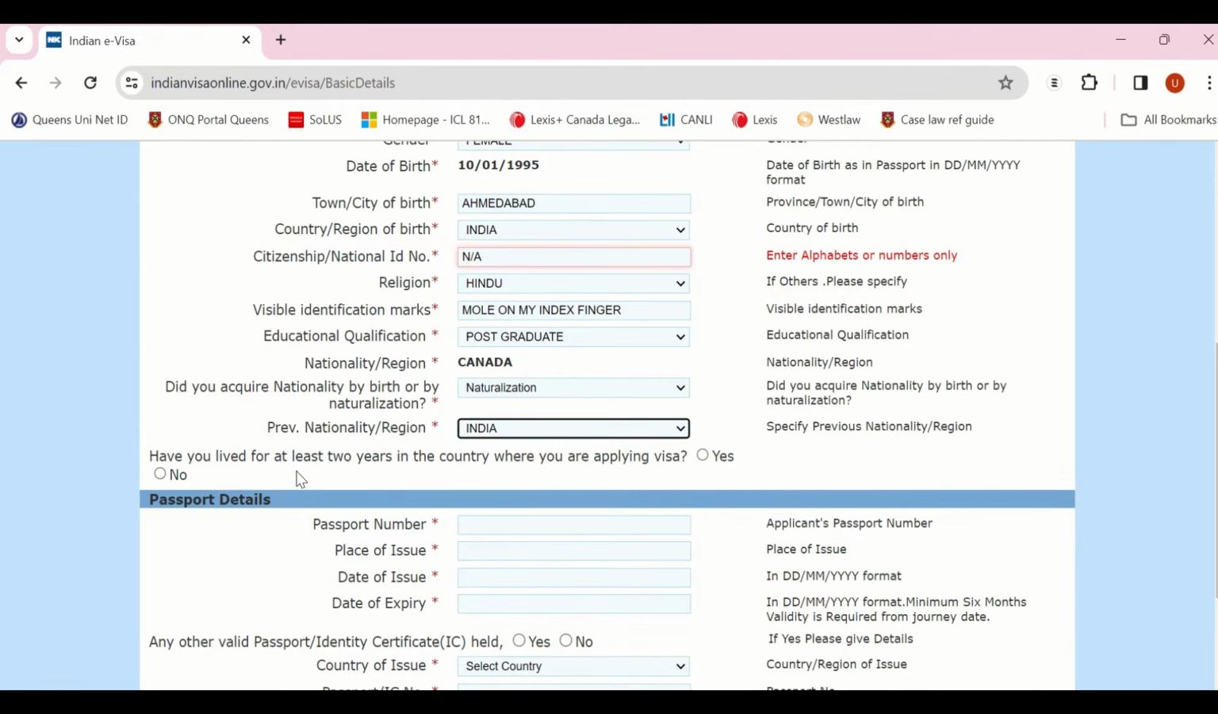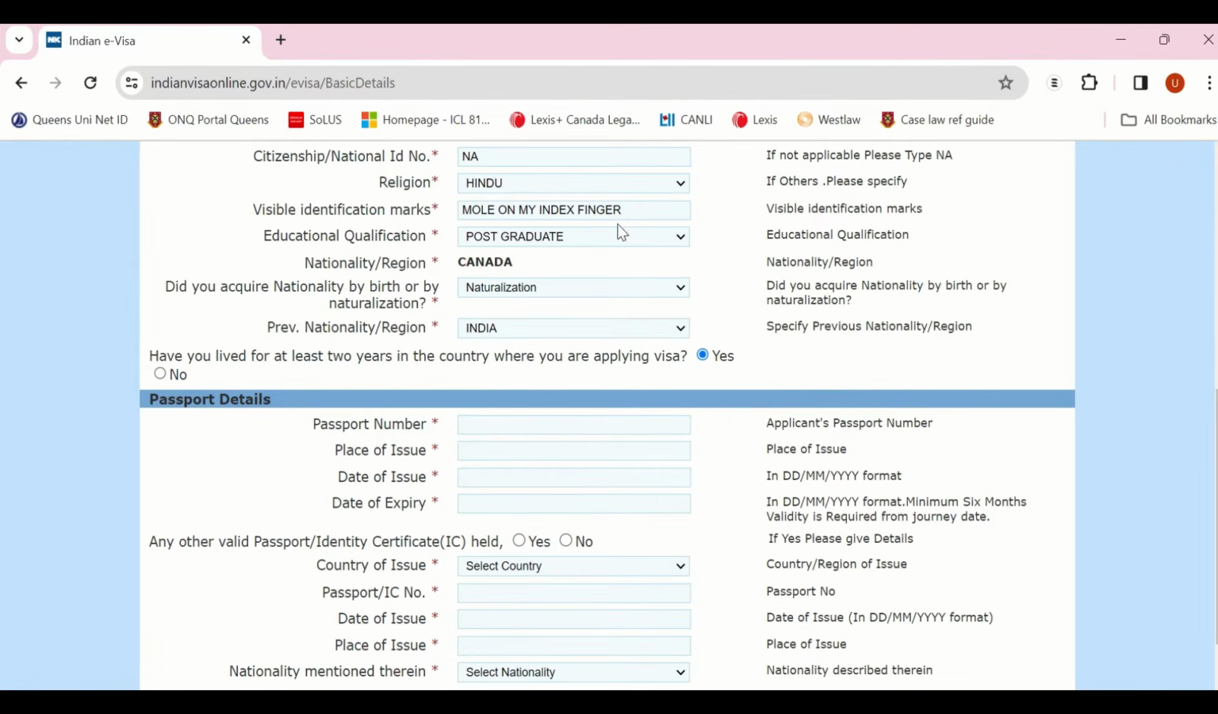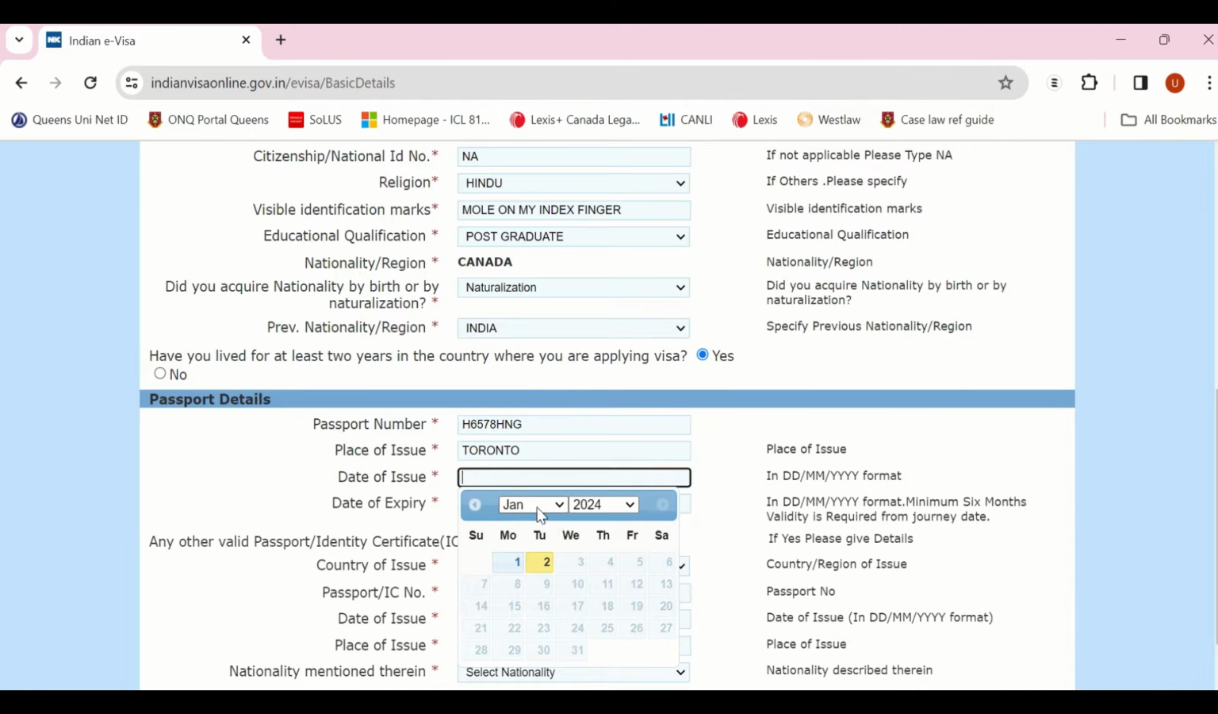Have you lived for at least 2 years in the country where you are applying for a visa? So I'll say yes, because I have been in Canada for over 2 years, as well as I've lived in India for over 2 years, so that applies to me and that will be a yes. Now I'll put my passport number. Place of issue, date of issue,